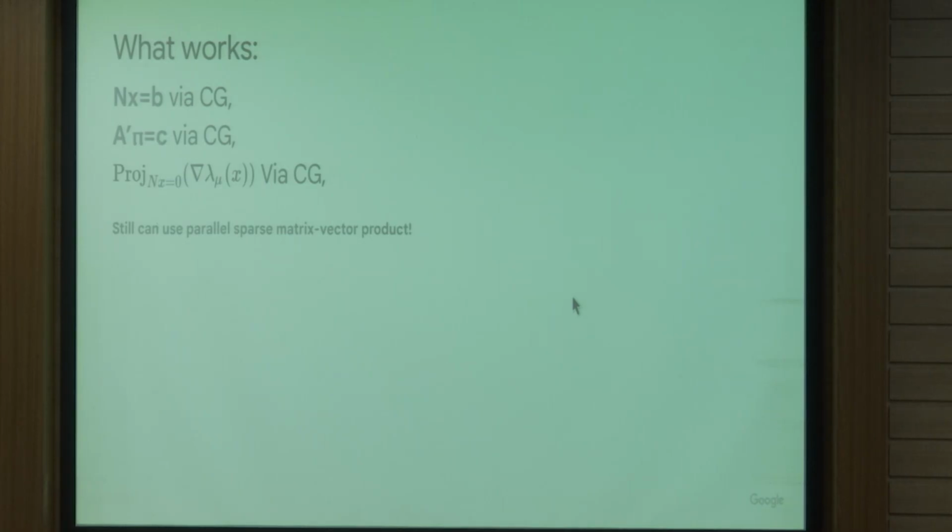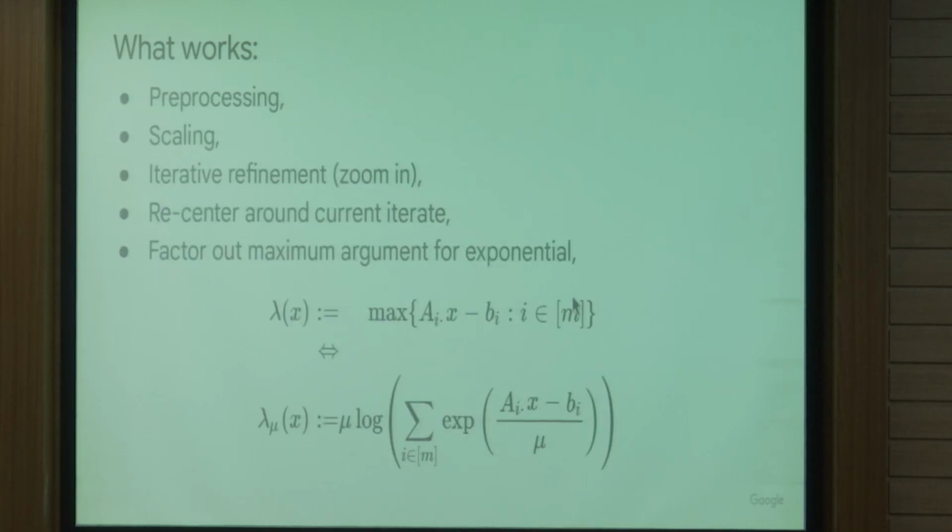And you can do the same for solving Nx equal b. You can use the same for computing actual exact decompositions of your objective vector to get better duals. You can even do the projection, actually not using the network flow, but using conjugate gradient. And there is evidence that if you are using conjugate gradient on matrices that are networked, the method is even more stable and faster. And I've seen it being much better. And again, all this you can still do by these simple tricks of sparse matrix-vector multiplication and vector multiplication.